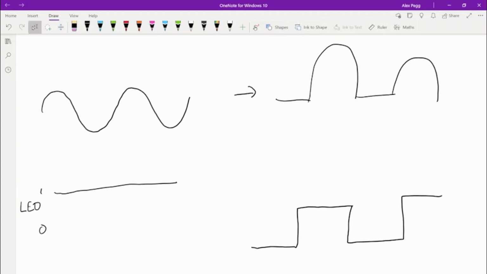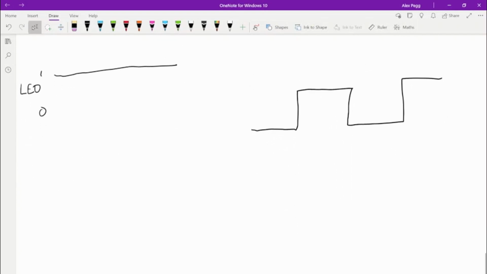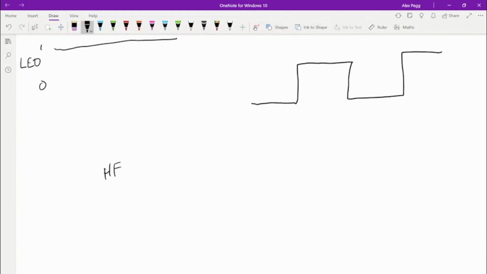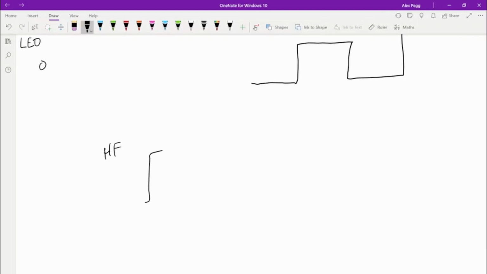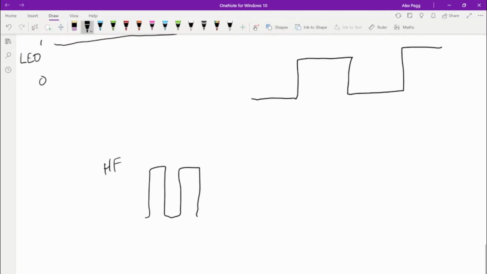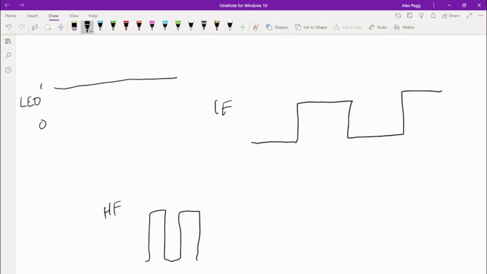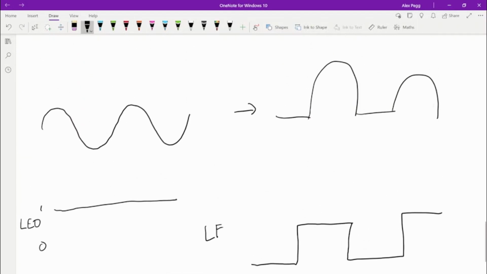So the LED is only on for half the frequency, which is fine if you've got a high frequency. It means it's on more of the time, because if it's a HF, high frequency, we're going to be on, off, on, off. But if we've got a low frequency over here, that's awful, then the duty cycle is going to be so you can kind of see it flashing on and off, and I don't know if that's any good. It looks cool like that, but I was thinking that maybe we could,